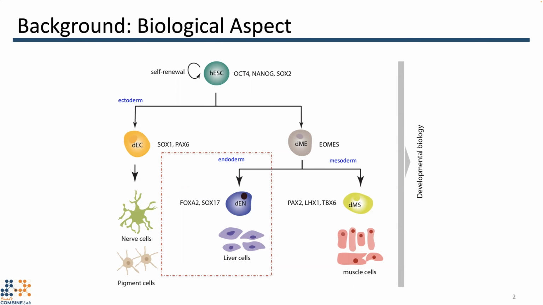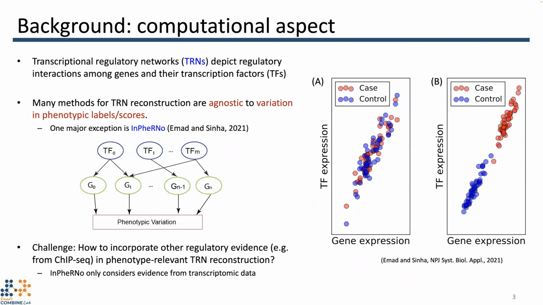developmental disorders and disease. The formation of different cell types during endoderm development is driven by the activities of TRNs, which consist of regulatory relationships between transcription factors, TFs, and genes. TFs are proteins that can bind specific DNA sequences to control gene transcription. Reconstructing TRNs is essential in understanding the regulatory mechanism in this process and their potential links to common pregnancy and